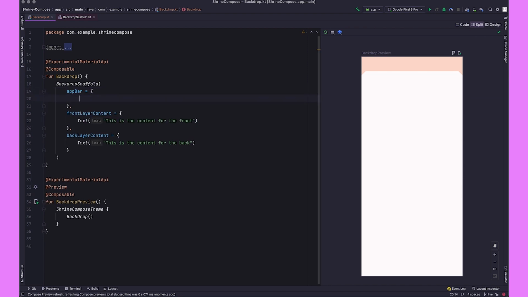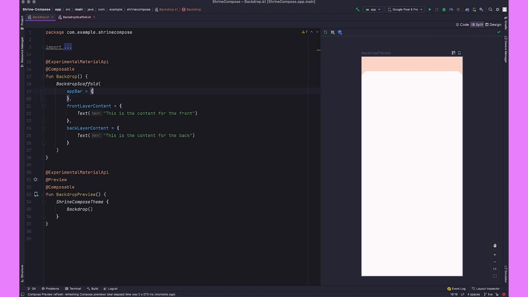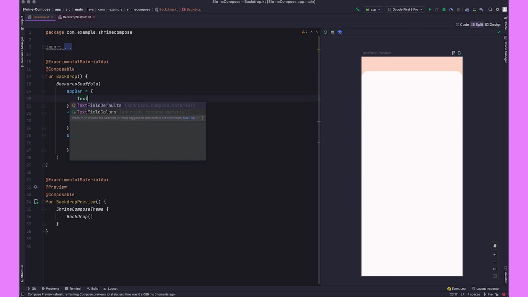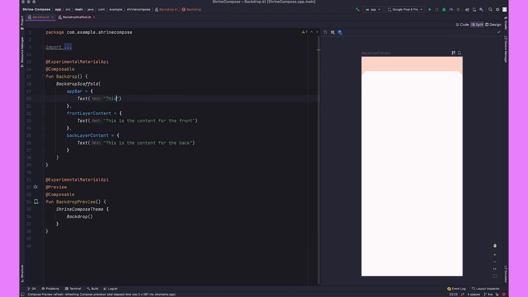So these are all content slots. So like I said before, wow, there's some funky spacing going on in Android Studio. You can put whatever UI elements you want in here. There are some default ones you can inject, but this is just for demoing. So this is the app bar. So if we hit refresh,